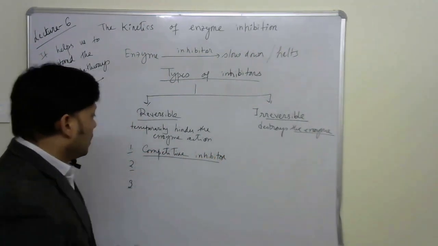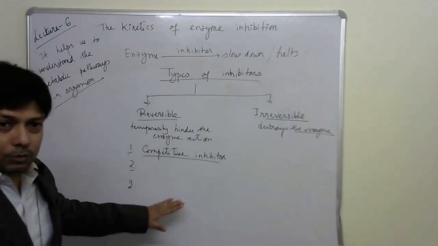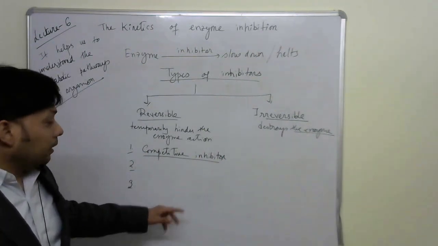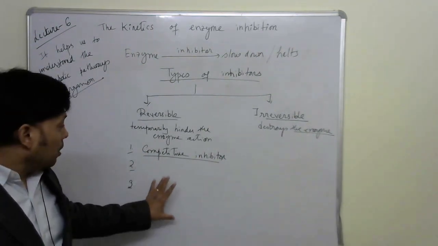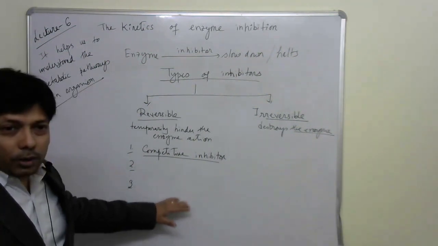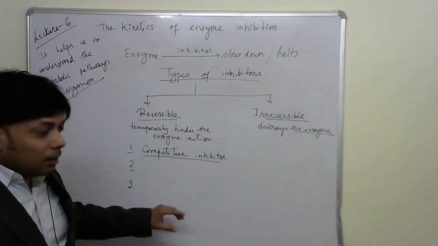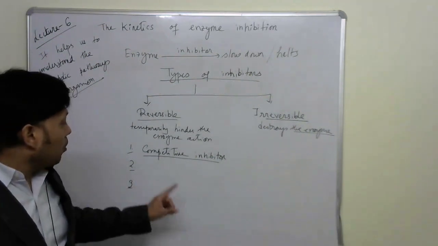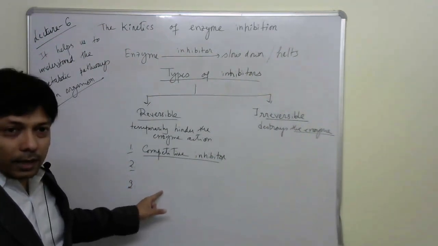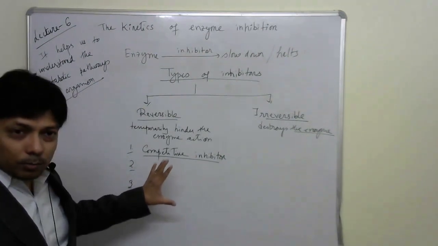There are two other major types of inhibition, and there are some special cases also, but at this time point I'm not going to go into the details of the other classifications, but we are going to touch upon these individual categories